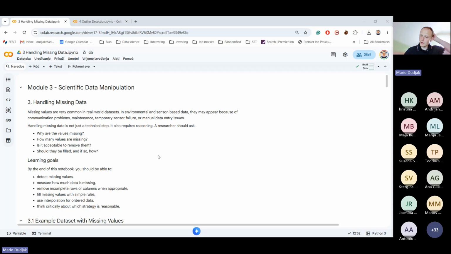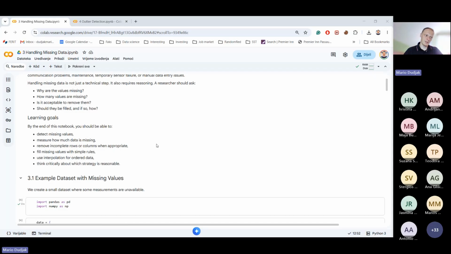So there is no valid value, and our job as data scientists is to find those values. It's easiest to find the values that are not present, so empty cells, but we also have to find the values that are invalid, and we have to collectively call those values missing values. Okay, so